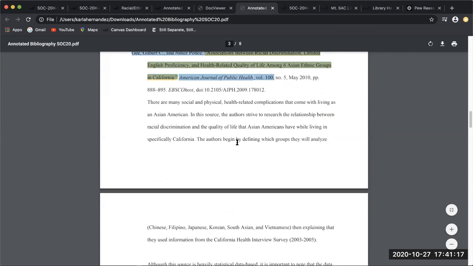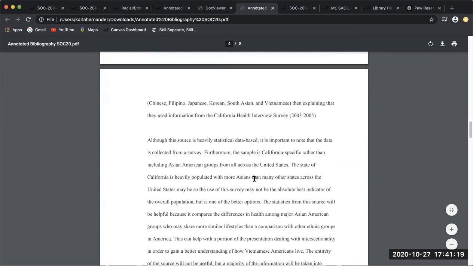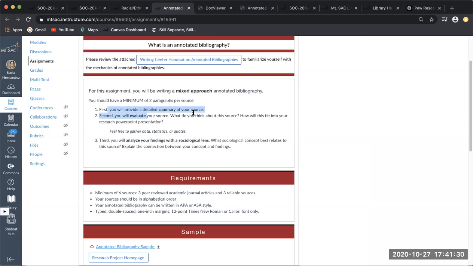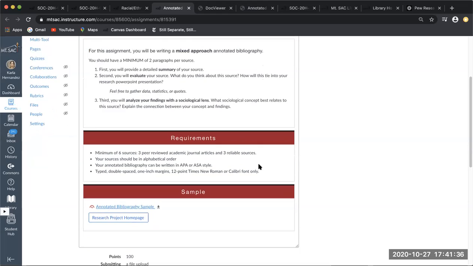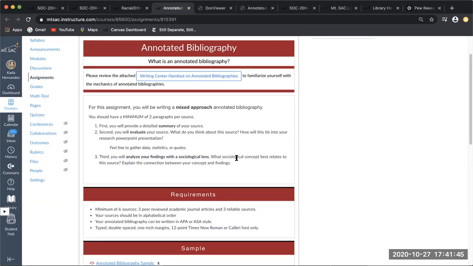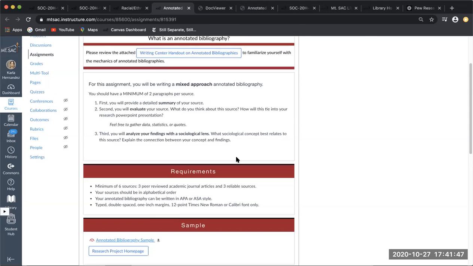Source, summary, evaluation, and application. So just remember that for your annotated bibliography, summary, evaluation, application. This is going to be worth 100 points. Make sure you follow the requirements and make sure you include your summary, evaluation, and your analysis.